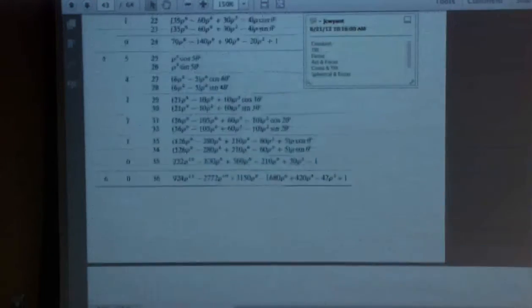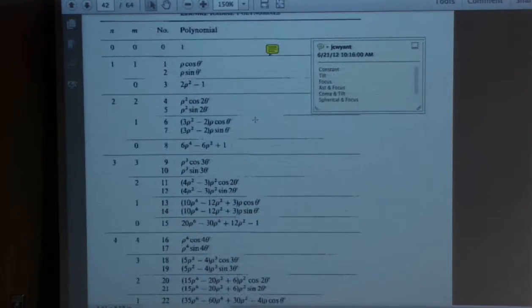But as far as the RMS goes, if we come back here, and this says, if I look at spherical, it goes 6 rho to the 4th minus 6 rho squared plus 1. So that says that if I have spherical aberration, so I have a rho to the 4th term, if I want to minimize the RMS, the root mean square of the wavefront,